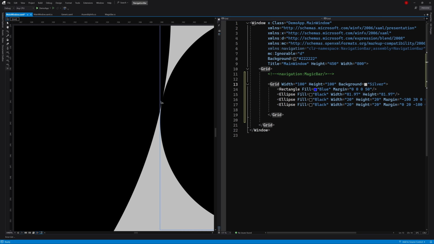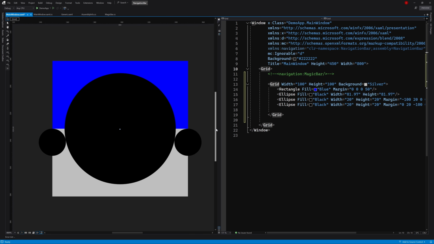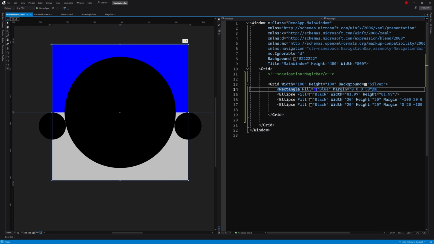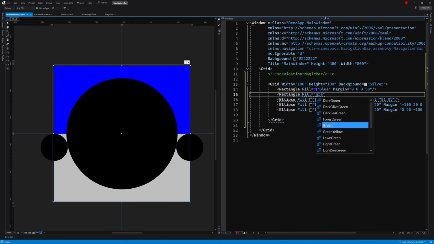Okay, 81.97 seems like a more appropriate value. To fill the blank part in the middle, we need to add another rectangle. Initially setting the height to 20 and then adjusting it slightly according to the shape, so it fits perfectly at the intersection.